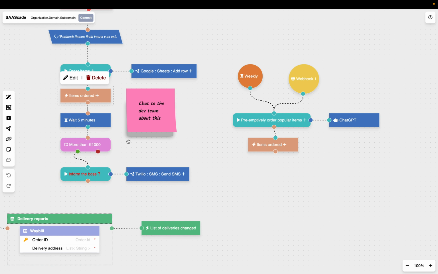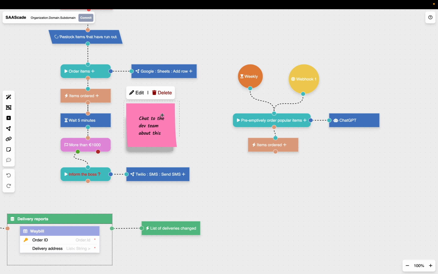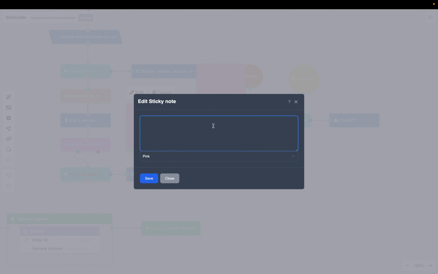Again, we have another domain event that happens, and let's say we want to add a delay of 5 minutes or however long it is before we check if the items that were ordered came up to more than €1,000. If they did, then we want to run another command saying we want to inform the boss, and here we call over to a different API integration by a company called Twilio, where we want to send out an SMS. Okay. Here we have a sticky note that we want to just effectively talk to our dev team about how we're going to go about doing this,